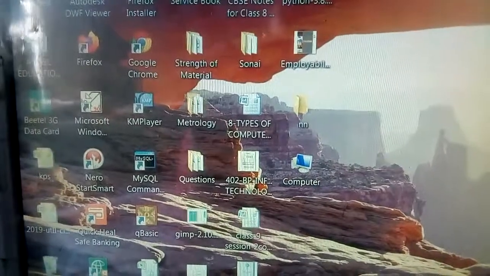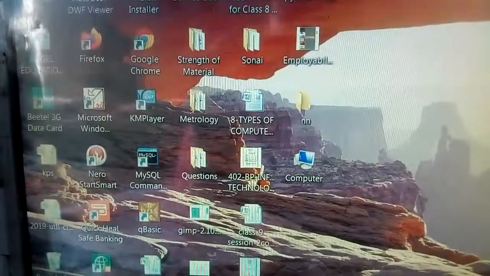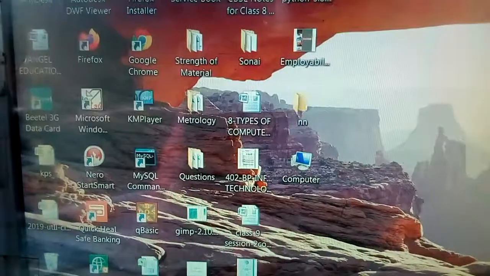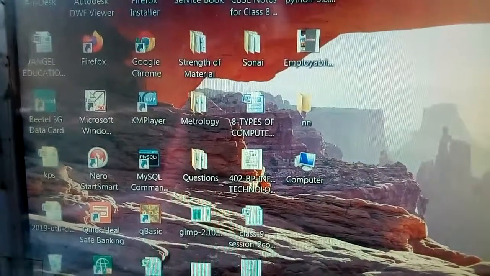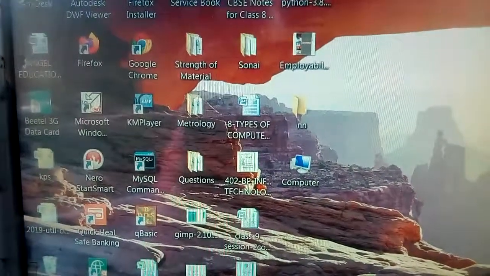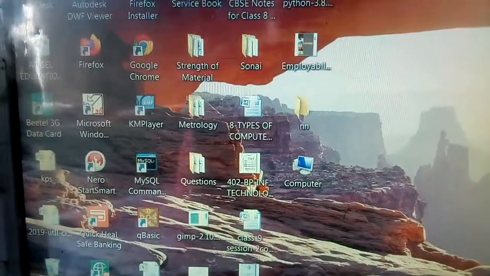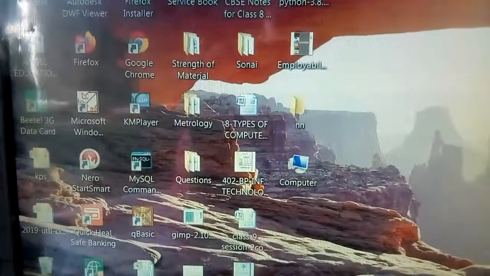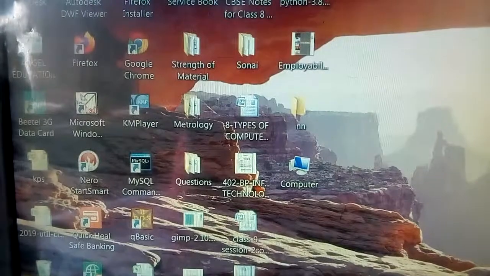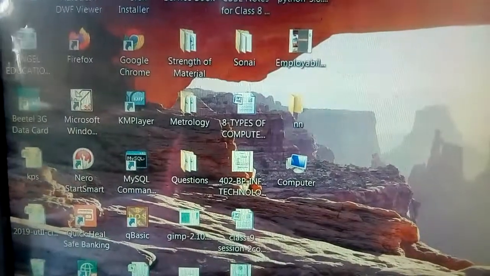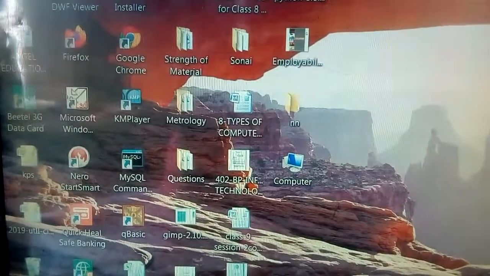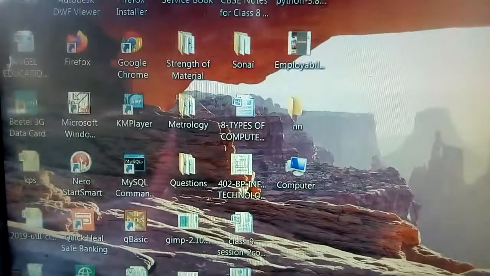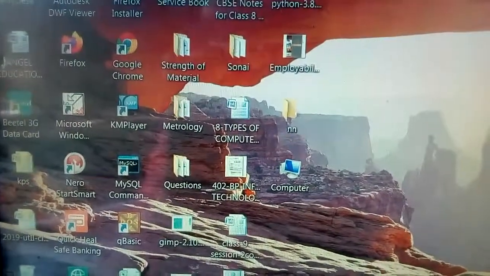So today, I am Snigdha Dotto, your computer teacher. We will discuss the practical of the chapter Advanced GIMP Tools. We will see how to activate the layer dialog, channel dialog, and paths, and the different types of channels.